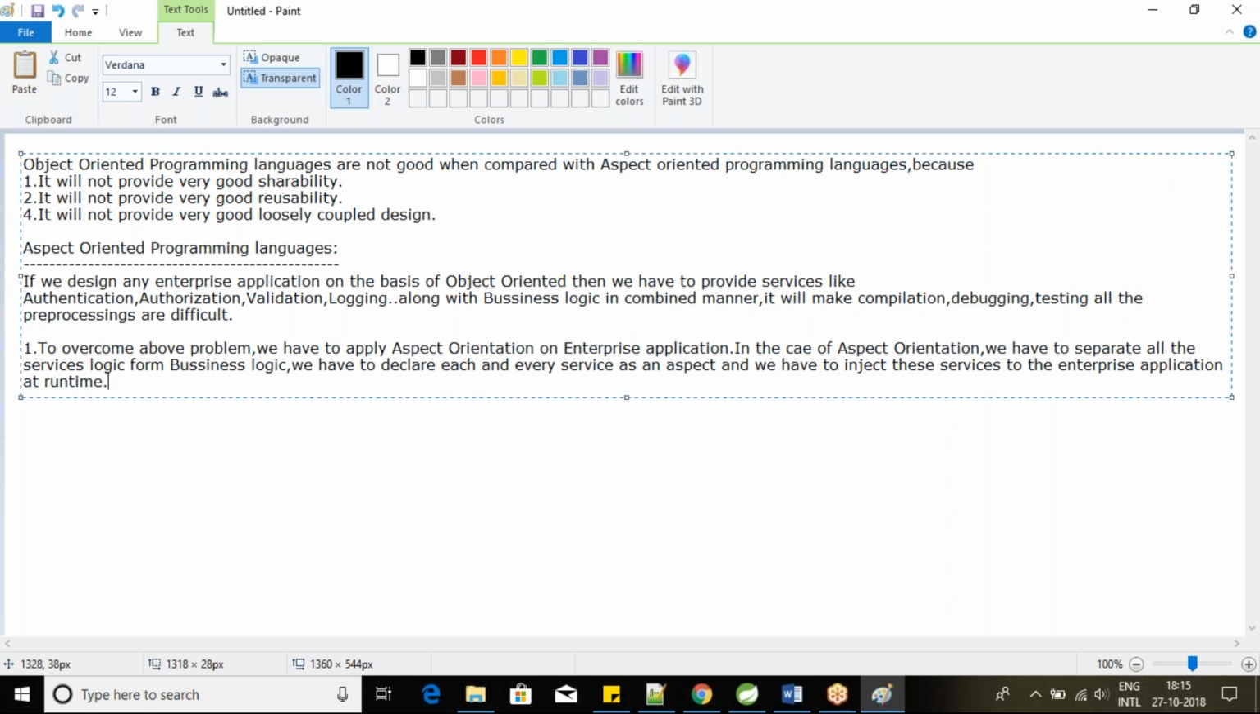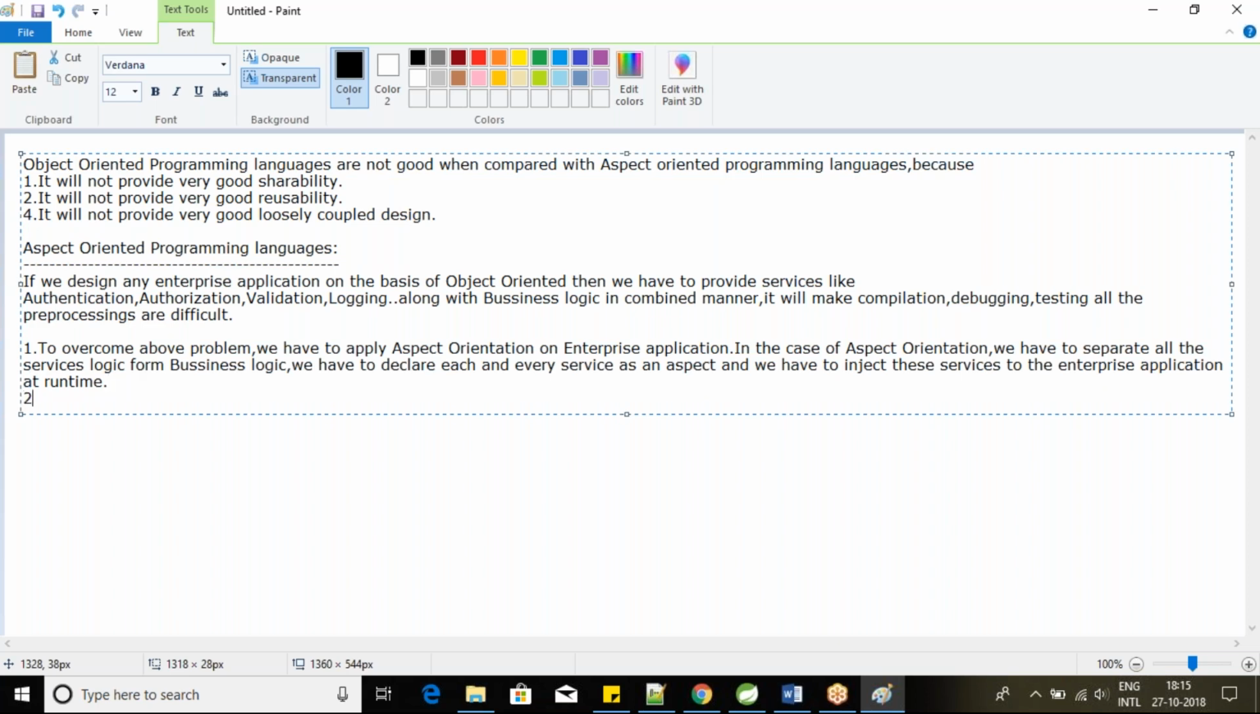So to overcome the above problem, we have to apply aspect orientation on enterprise applications, nothing but web application. Okay, in the case of aspect orientation, we have to separate all the services logic from business logic. So in real time, if you want to design a web application, what are the different layers, which I'm going to discuss. Maybe you are not able to get this point, so I will explain you with a diagram. So in real time, what are the layers we're having, so that you're going to get complete knowledge. Now give me some time. Okay,